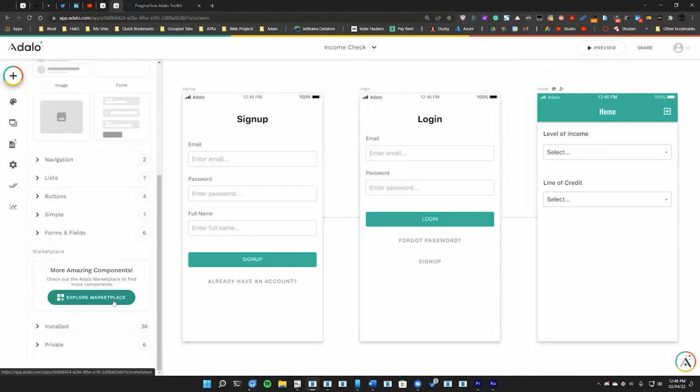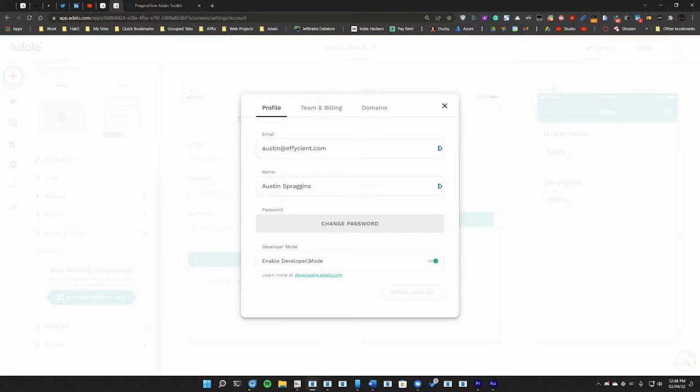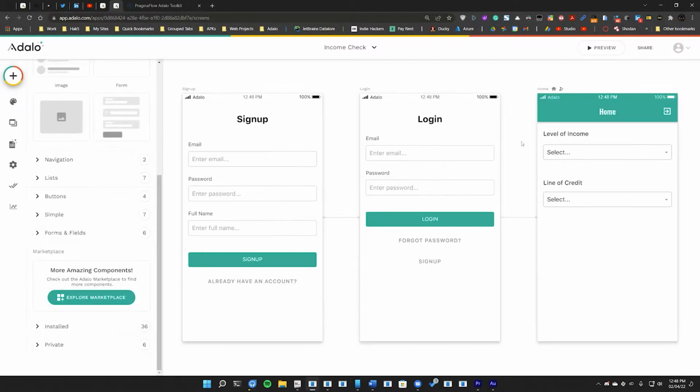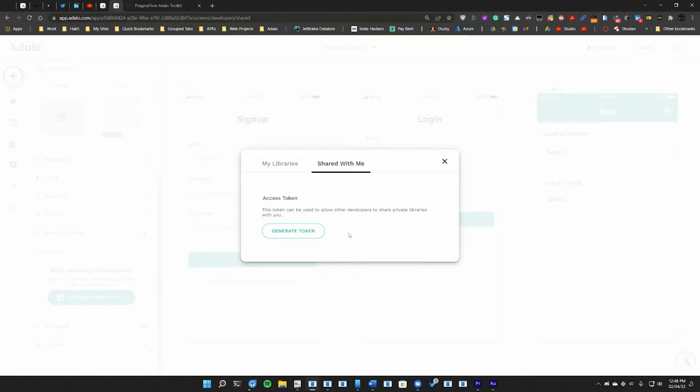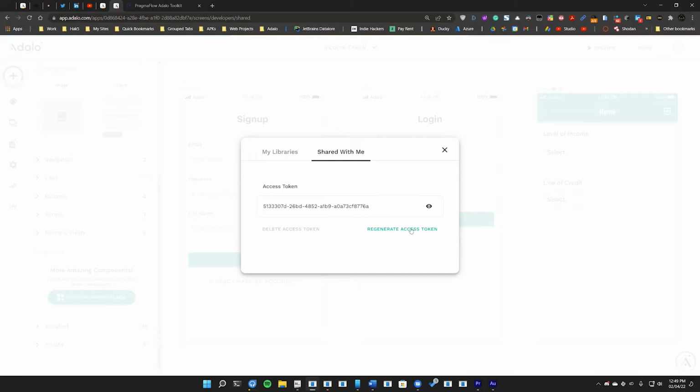Now what that's going to be, and I've already done, is developers. You're going to go to settings and then enable developer mode. Of course mine's already enabled. And then once you do that, you want to go back over here and you want to go to the developers menu. After that, you go shared with me, generate your token, and of course get that whole thing, copy